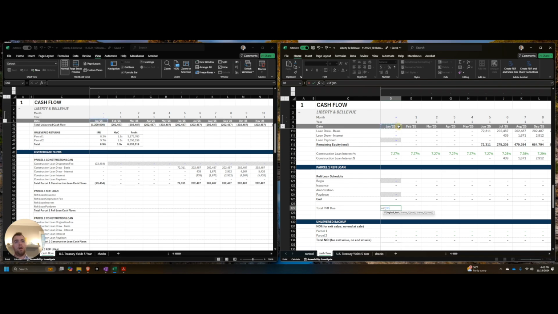If that is less than or equal to, so if that is greater than the min of that, or